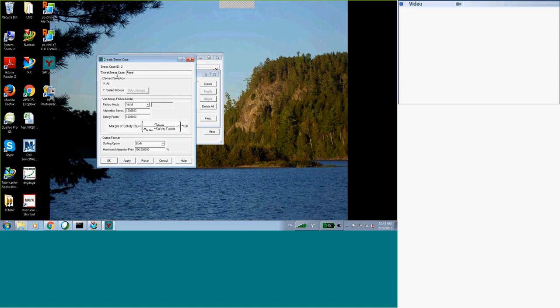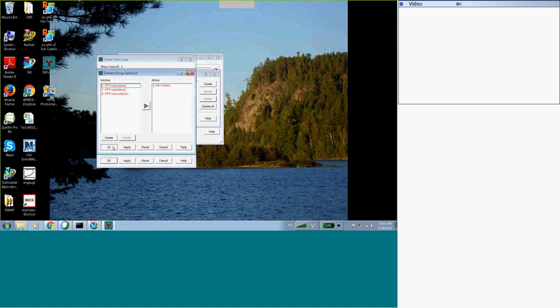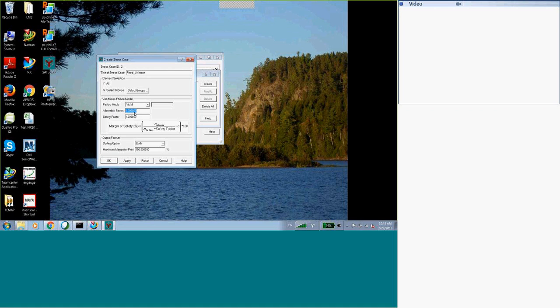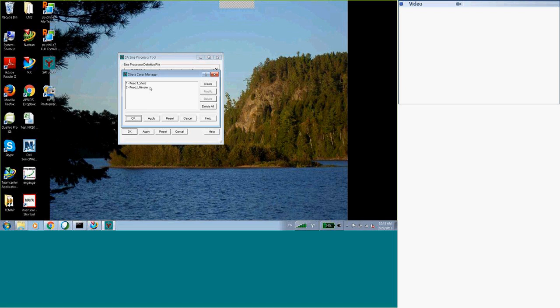That's 1. Now I'm going to do the same elements, but for ultimate. This time, you know, it's different depending on which allowable you're using, ultimate or yield. So here, I'm going to put a different allowable stress and a different safety factor. I'm going to put max for print again. Safe because it's only based on that one material. If you have an assembly file with multiple materials, it's really meaningless for margin of safety, the way I see it. So I just usually put 1.9 for the margin of safety to play everything, like you said earlier.